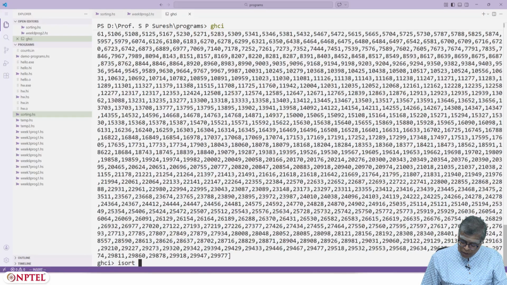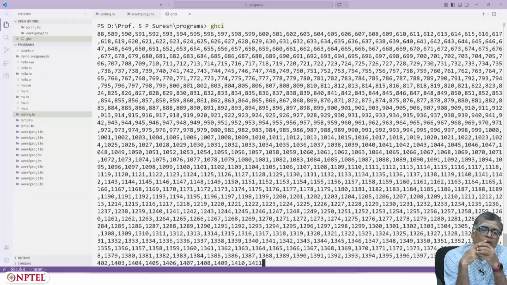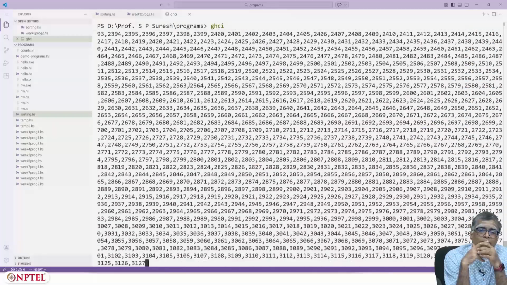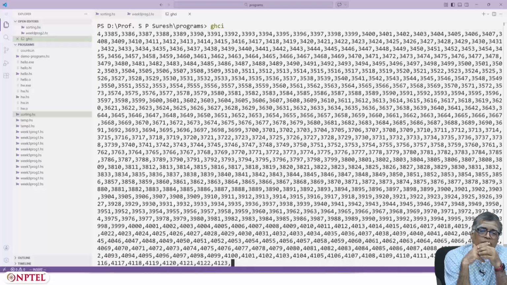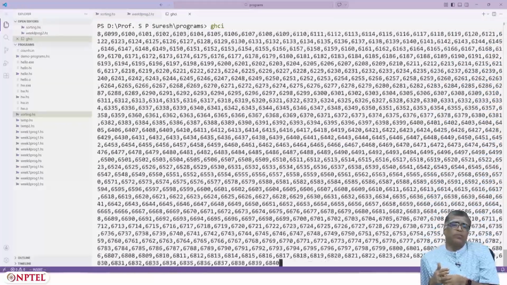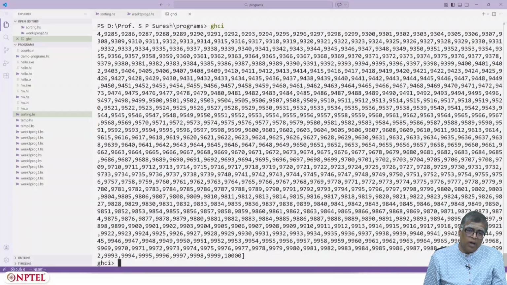Actually, you can try to do isort of 10,000 down to 1. You will see how slow it is. As time goes by, it gets quicker, but it is really slow, because it has to take time 10,000 squared. We checked that the time for insertion sort is order n squared. We haven't yet looked at the time complexity for merge sort. We will do that in a subsequent lecture.